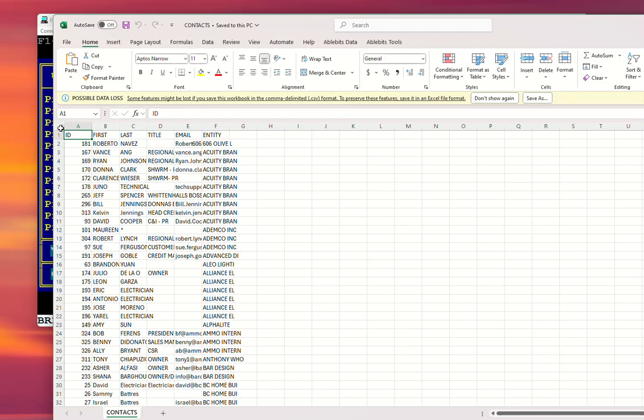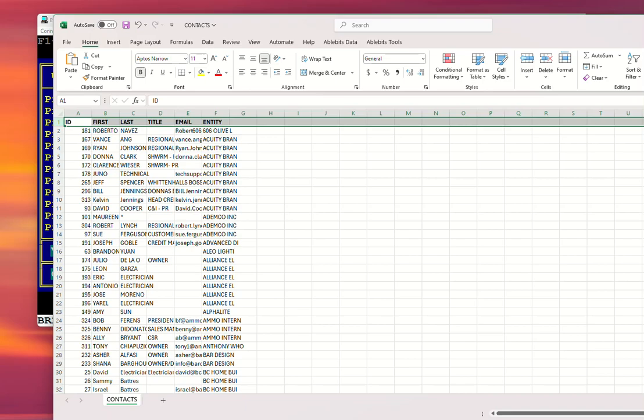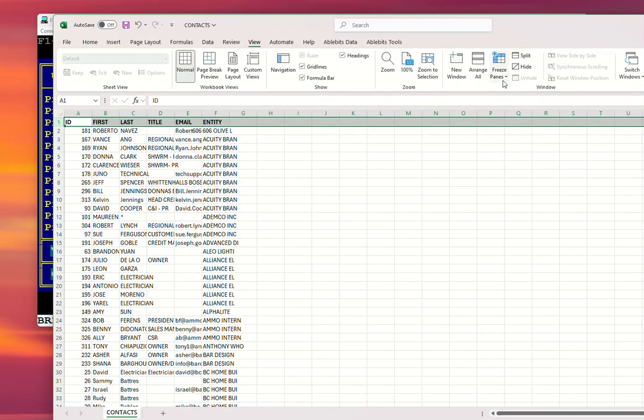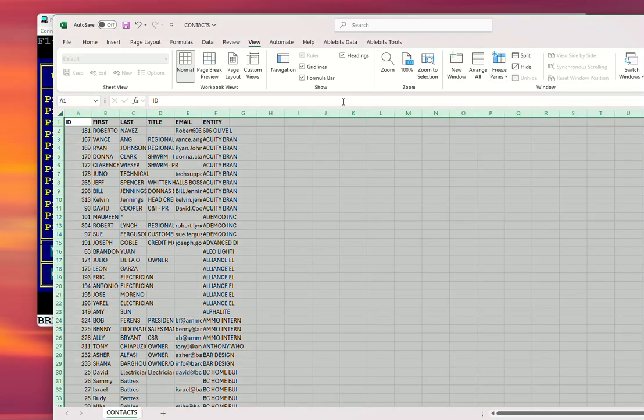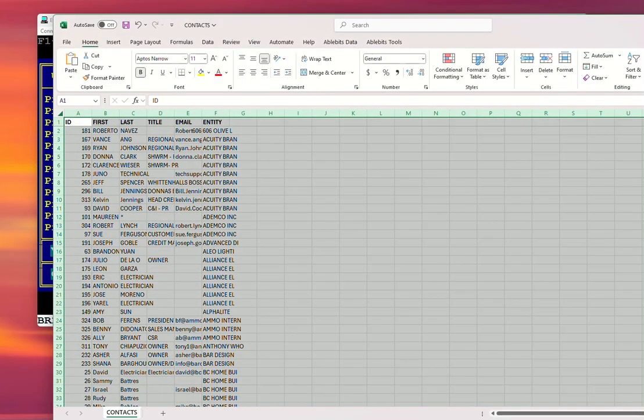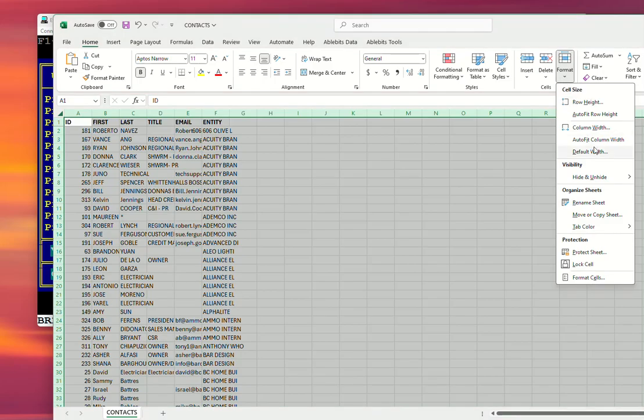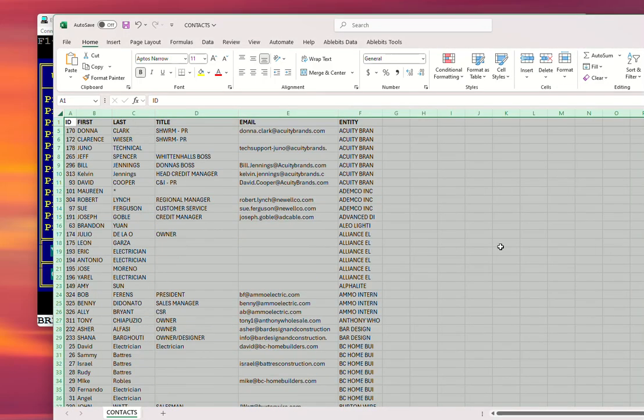And there we are. And okay, then we do the usual cleanup stuff. Possible data loss. Oh, bullshit. So bold the top, freeze top row, highlight everything, and from home do format, auto fit column width,